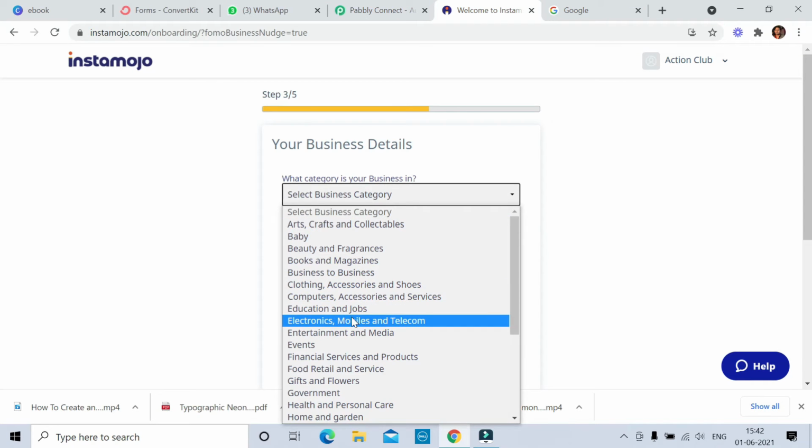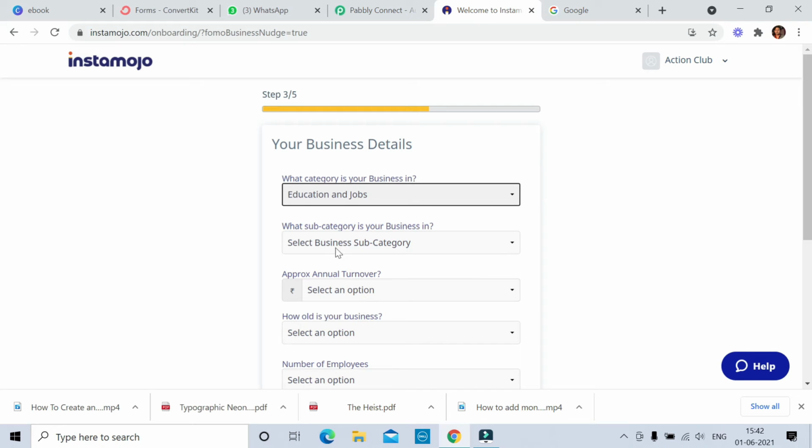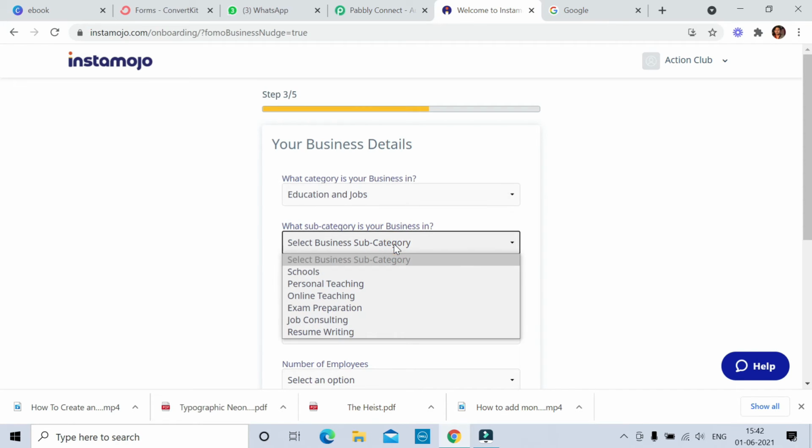Whatever category you have, you just select it. Books and magazines, education and jobs, whatever. Let's take education. Now, what subcategory is your business in? Like personal teaching, online teaching, exam preparation, job consulting, resume writing, online teaching. Take anything.